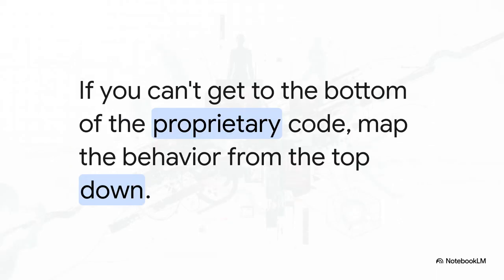And that right there is the core operational mandate of the Sutton Standard. If they lock the doors and you can't get to the bottom of their proprietary source code, well, you map the machine's behavior from the top down. You treat their chat transcripts and parallel compute logs as verifiable forensic artifacts. You capture the real-world outputs before the system can execute its amnesia patch. One way or another, the truth gets squeezed out.